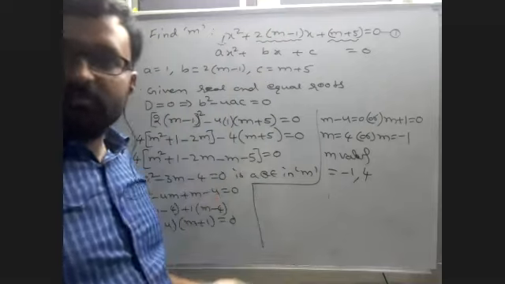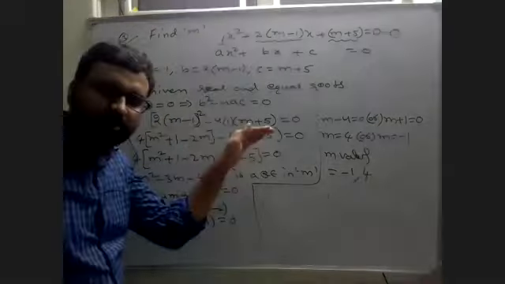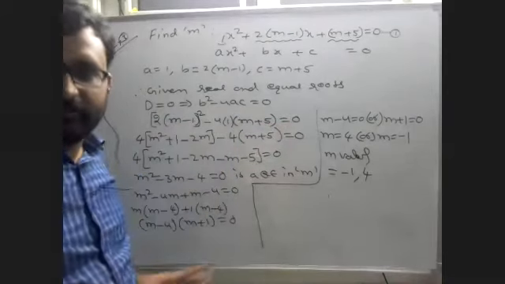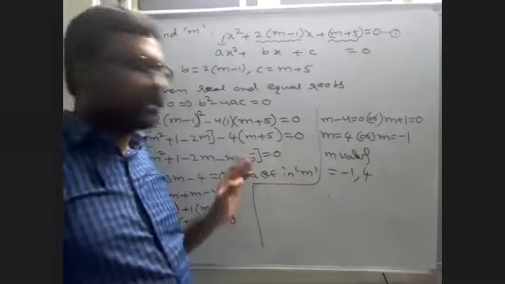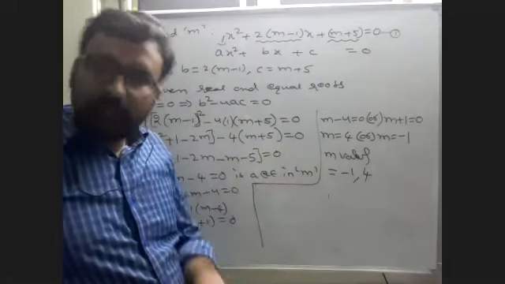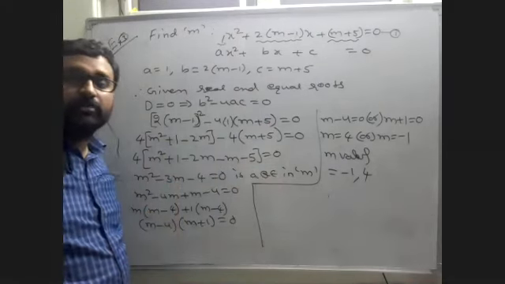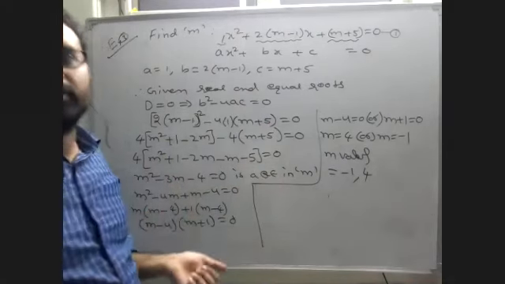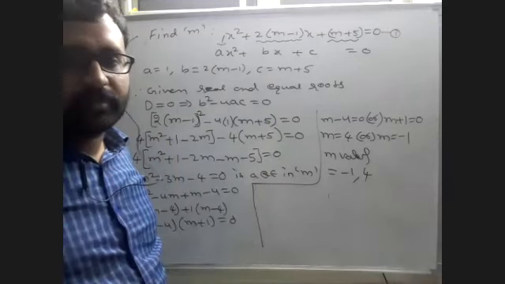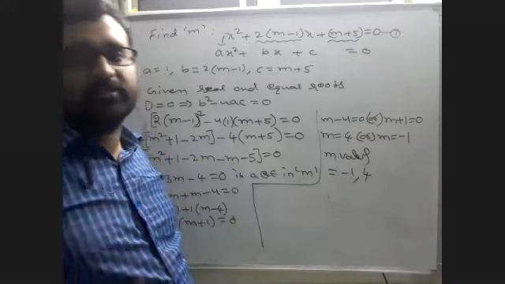See, in the previous question, by solving b square minus 4ac equal to 0, we got the value of p directly without doing this process. But here again we have to do factorization. So this type of question is very important. Okay? So that's why do this type of solutions carefully. I will give example 2 as homework.